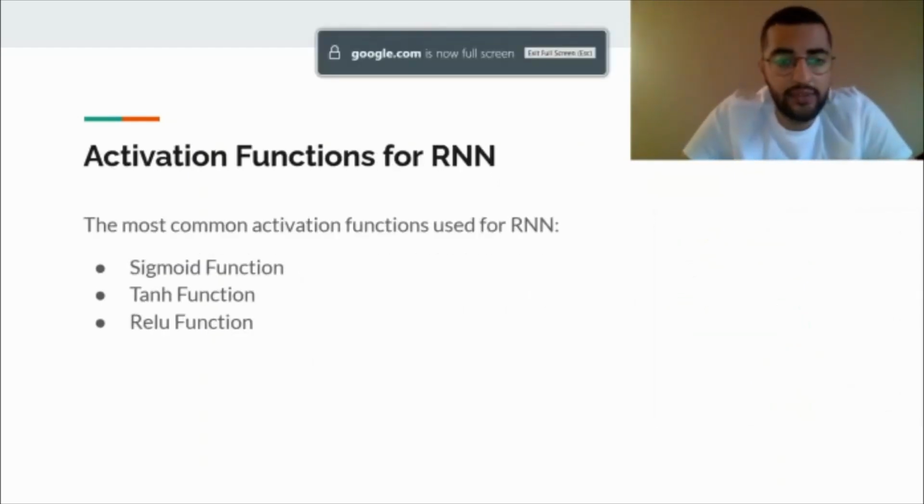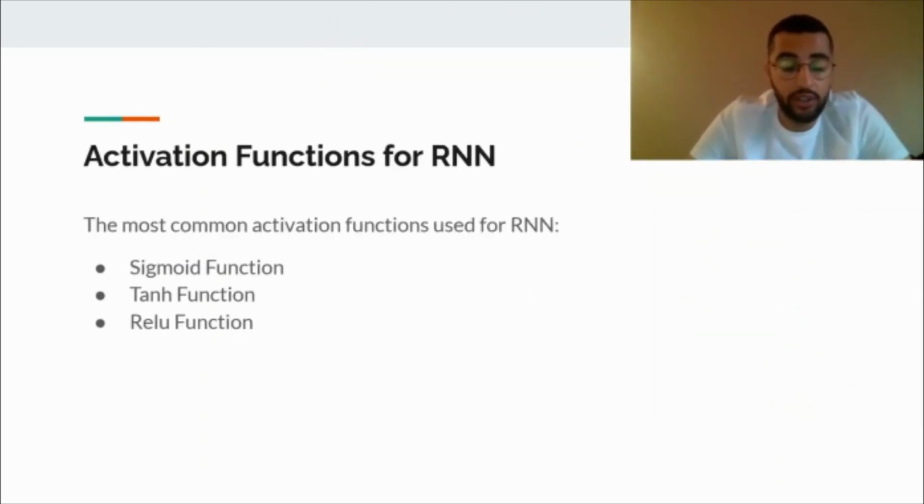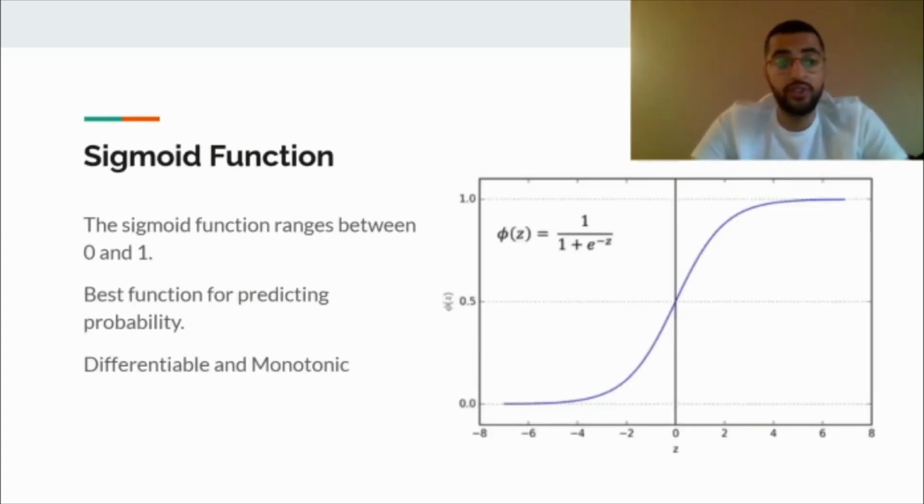As for the activation functions of recurrent neural networks, there are three main activation functions used for RNNs: the sigmoid function, the tanh function, and the ReLU function. The sigmoid function ranges between 0 and 1. It's the best function used for predicting probability, since probability also ranges from 0 to 1.